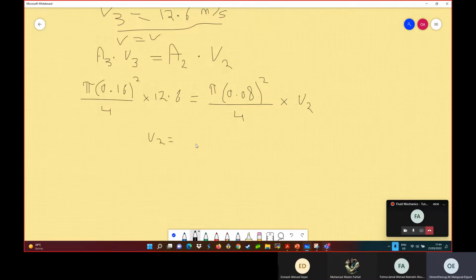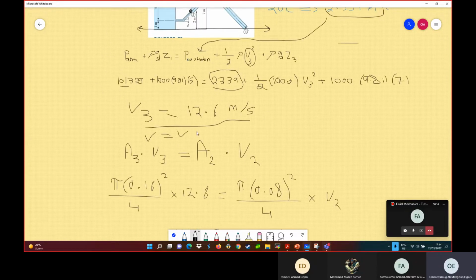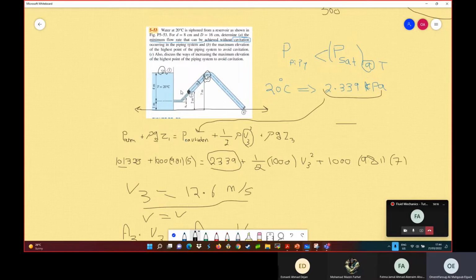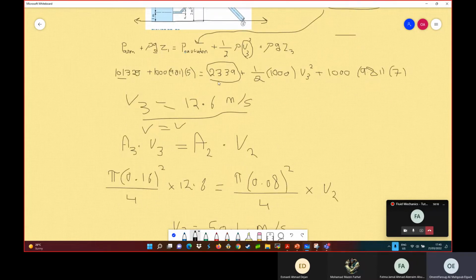You have pi 0.16 squared divided by 4 times 12.6 equal to pi 0.08 squared divided by 4 times V2. So V2 accordingly is 50.4 meter per second. Now I will apply the Bernoulli equation between 0.1 and 0.2,